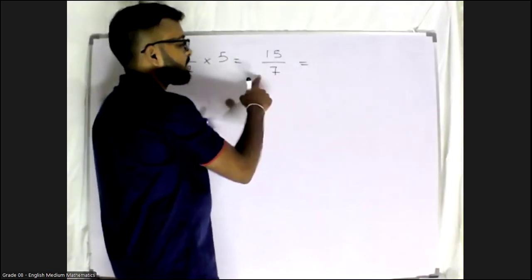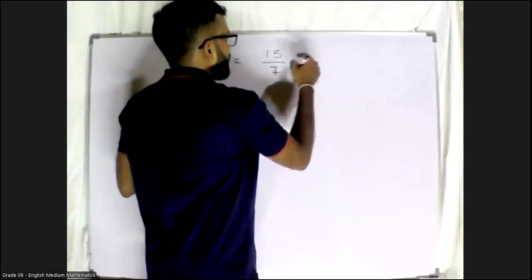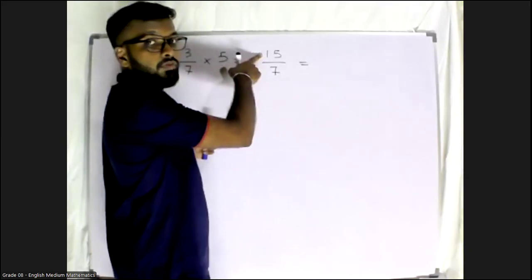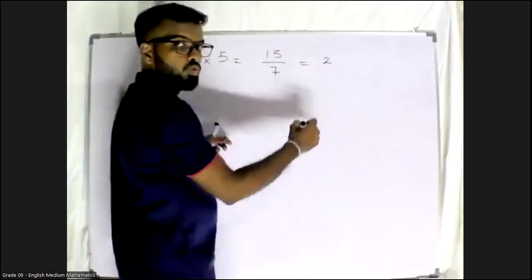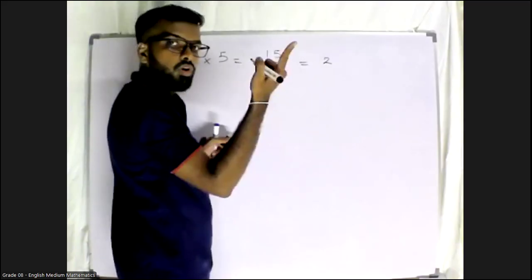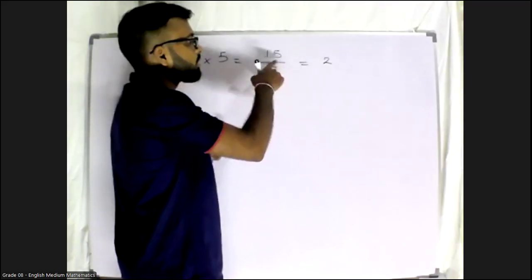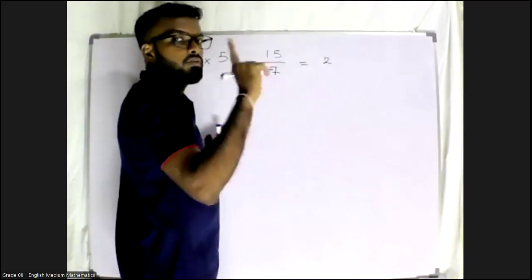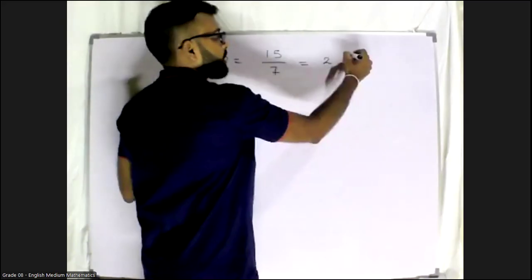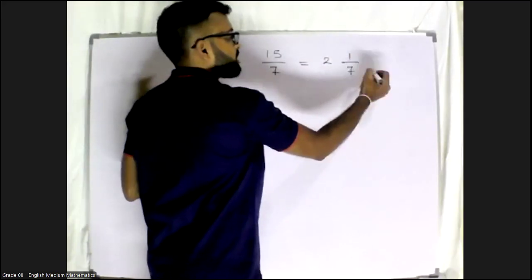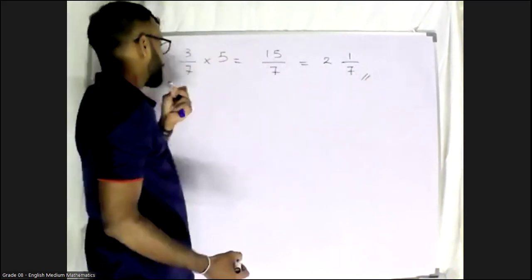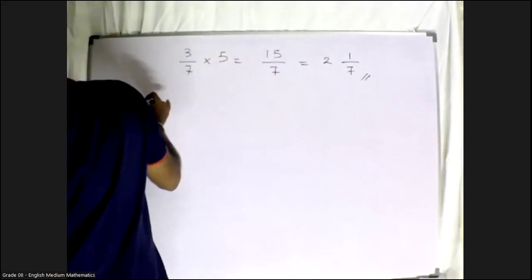15 divided by 7. So how many 7s are there in 15? 2. 7 times 2, 14. Then 15 minus 14, 1. So the remainder is 1. The remainder comes to the numerator and the denominator is 7. And the next one,